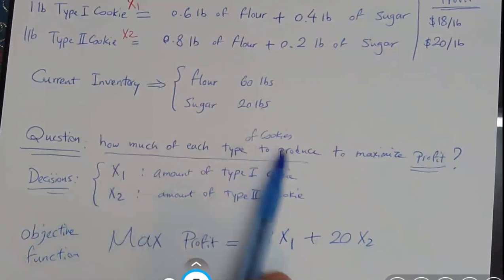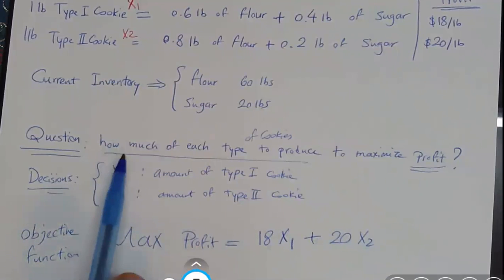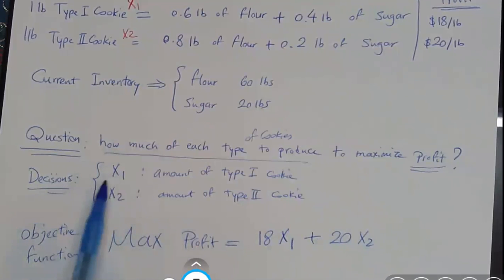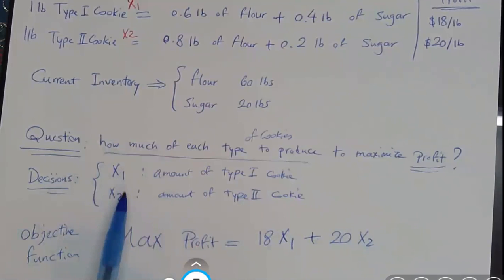How do I say if my decision about the amount of production of different types of cookies is good or bad? How do I say which decision is the best decision? By comparing their profit. So this is how I evaluate. That's why I call it the objective function. We want to maximize the profit. Now,